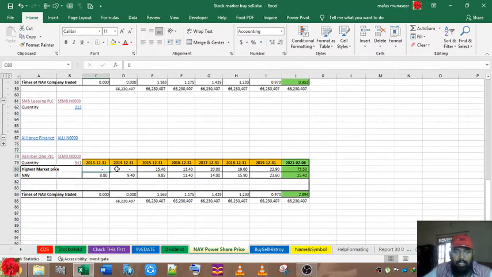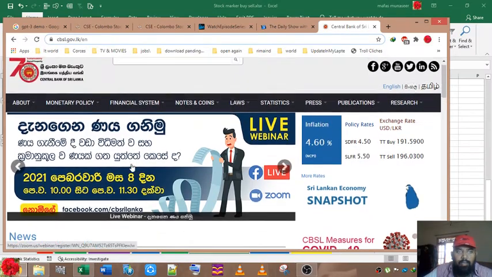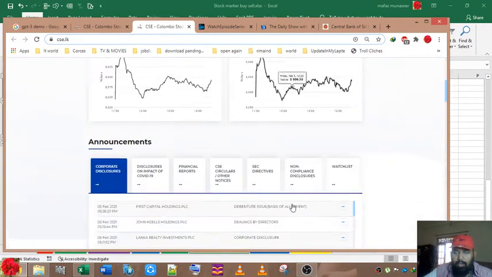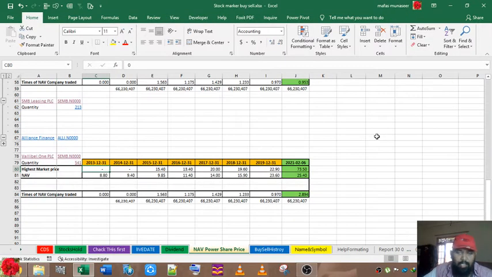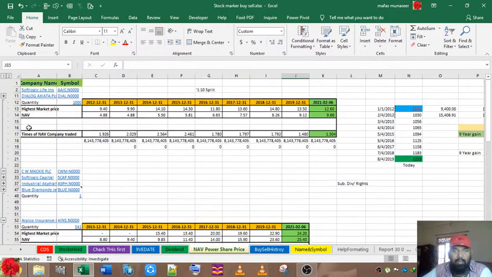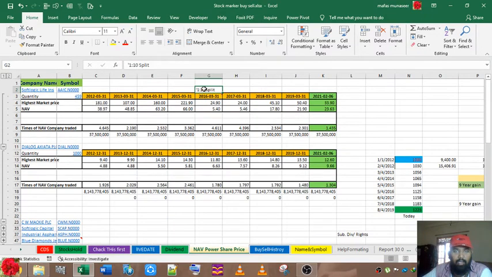These details you have to get from the annual report. So you have to go to the CSC website. Central Bank's information at the CSC website, valuable power, and you have to download it. Check the 10-year anniversary summary, one decade summary. You can take all the details once here, and how many shares they have now. If they have any split or anything, you can mark it down like that. Yeah, 1 to 10 is a split, like soft logic AIC.